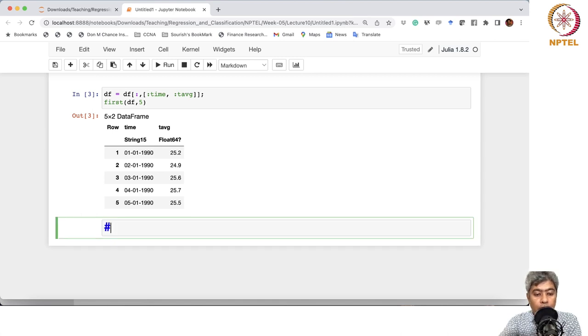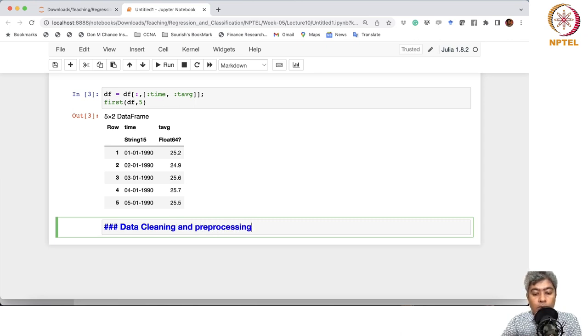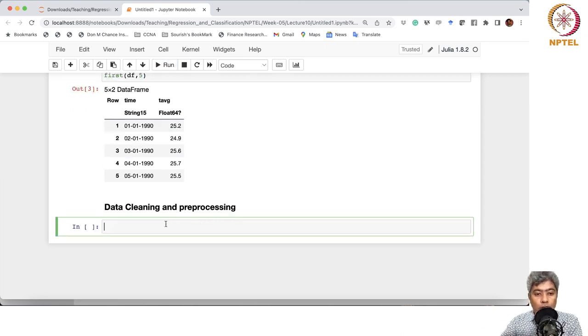So the first thing we will do, we will take this string and we will convert it into a date column. Okay, so df.time, from df I'm just extracting the time,